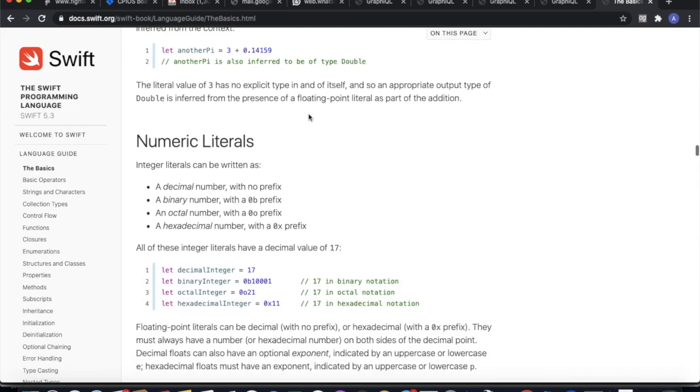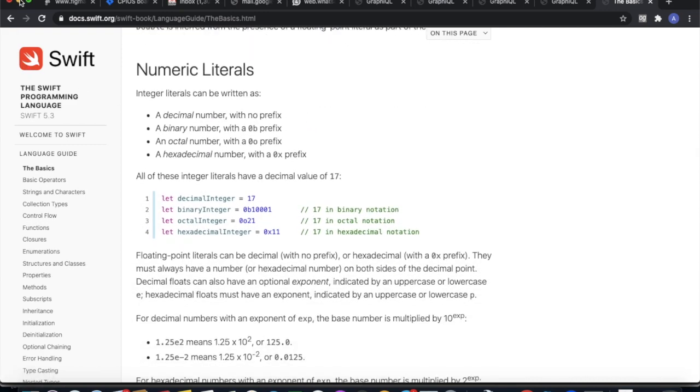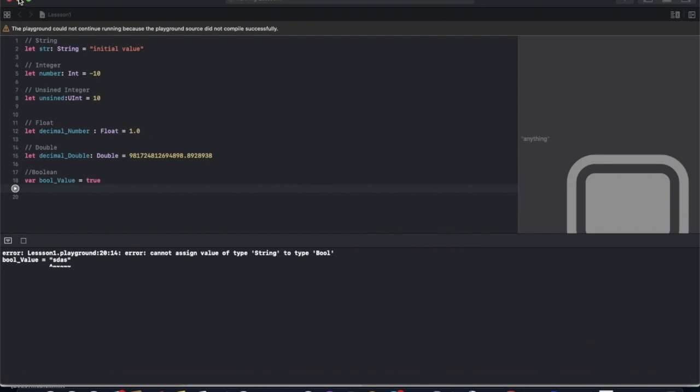Now literals. Literals are the static values. This is the string literal, the initial value in double quotes. This is the integer literal. This is the float or double literal, and this is the bool literal.